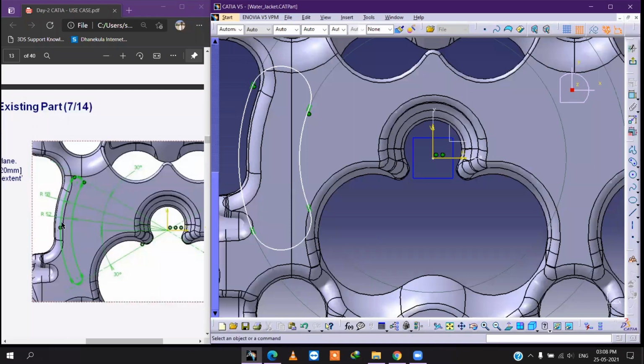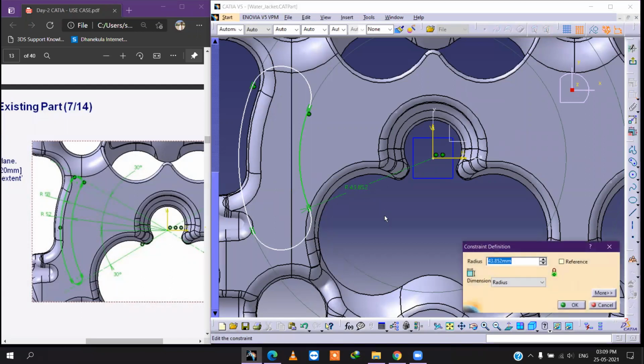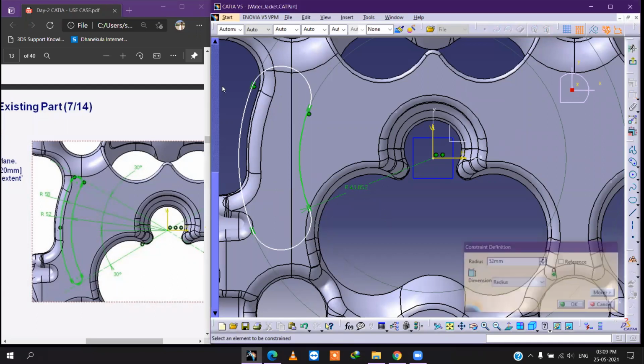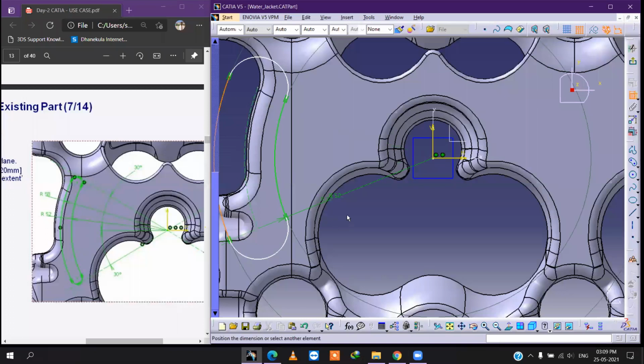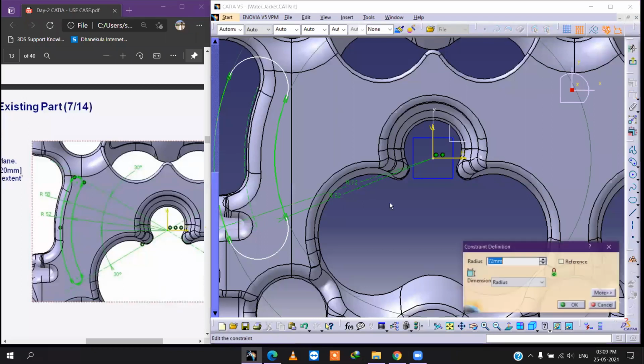Same time here, 52 and 58. Double click this one. 52 and this one. 58.